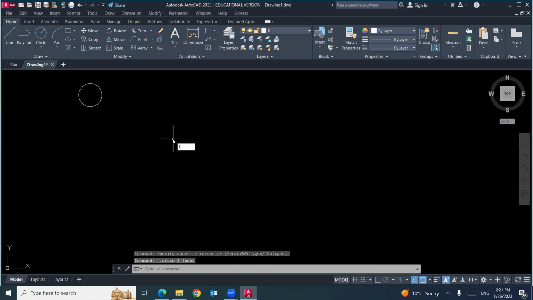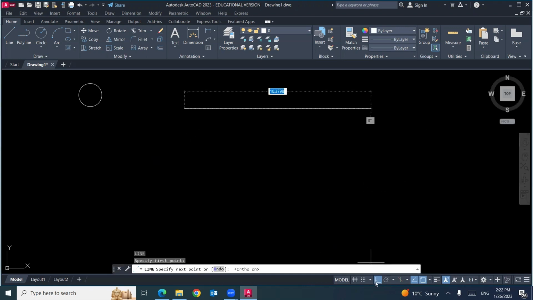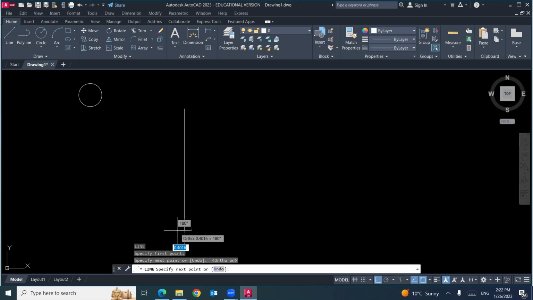If you have a vertical line, I would like to draw a vertical line, so I will make the ortho mode on. I draw a vertical line. Then I need to move this circle to the top of the line. So I will call move, enter. Select your circle, enter.